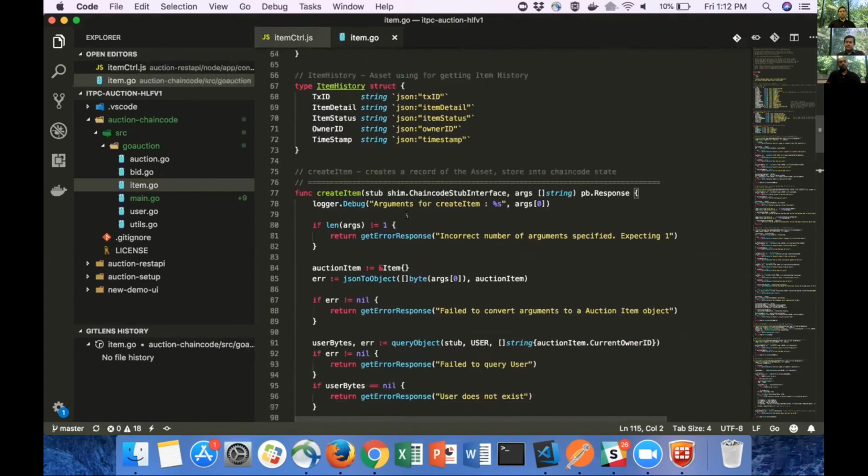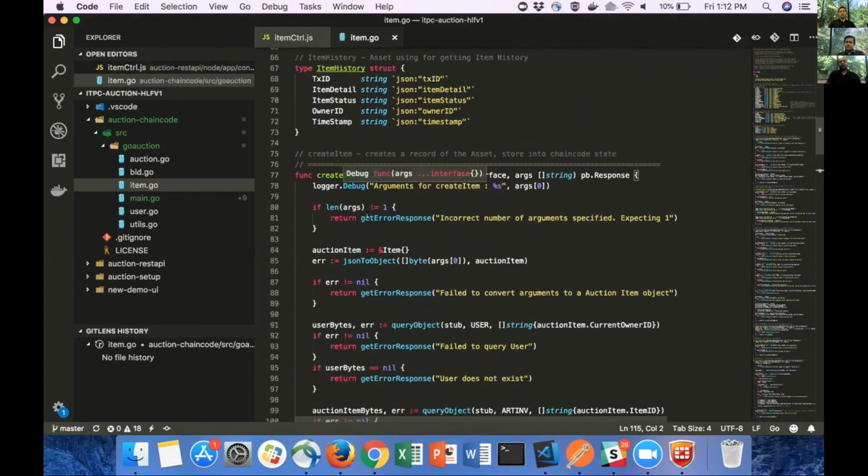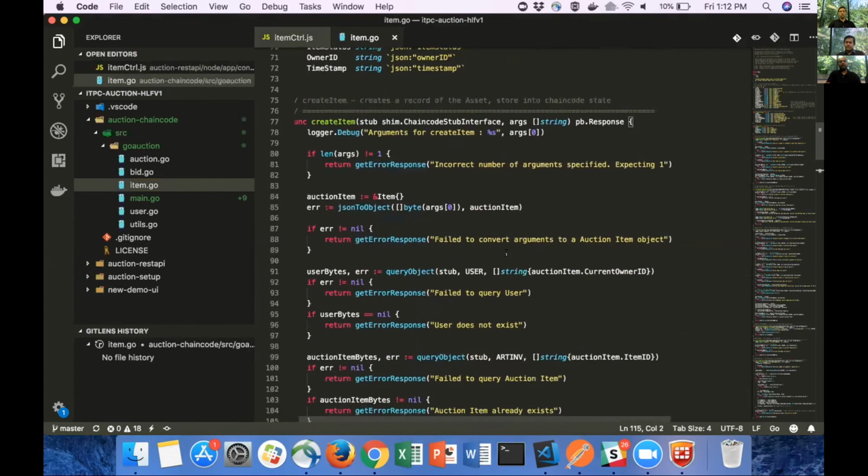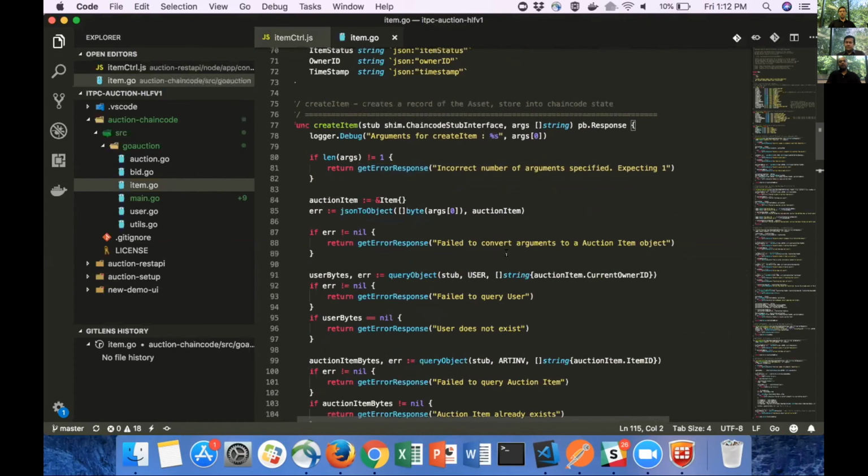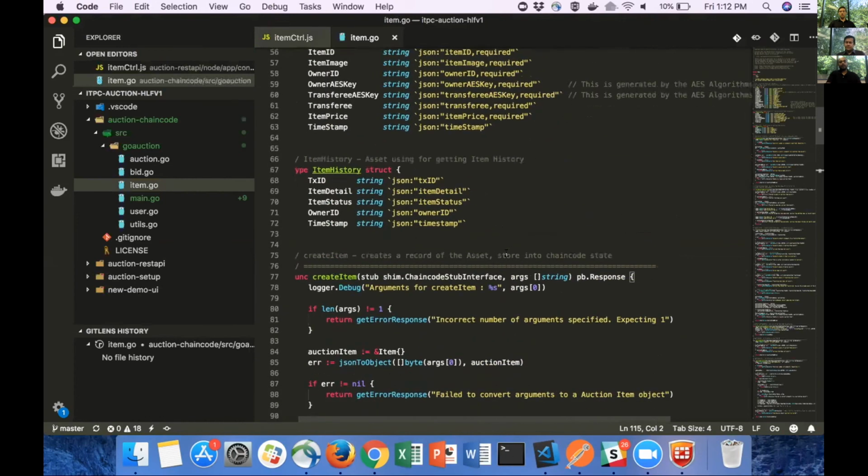Let's move on to the create item smart contract. So this is the method that gets executed when invoke transaction gets called on the node layer. The JSON string that the node layer sends is received as an argument in the create item method. Once we have the JSON string, we unmarshal and convert it into an item object that was defined above.